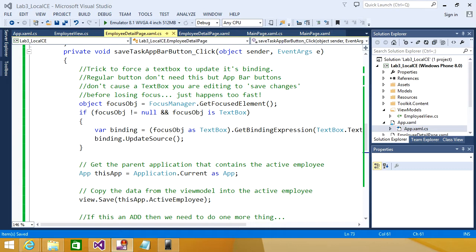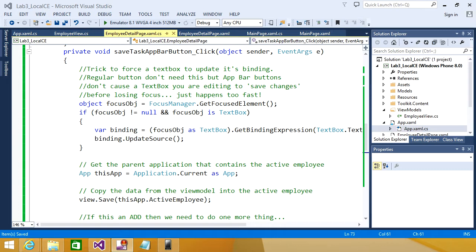We're taking advantage of the fact that even our view model does notify property changed, right? So changing the value in a bound text box does update the property in the bound object. That's why we had to have that one interface implemented. The only trouble is you have to call that event to happen. That usually happens as you lose focus on the text box, as we saw, right? As soon as you click anywhere outside of the text box, which includes clicking a button on the page, that causes it to lose focus, and the property binding takes care of notifying and updating the actual property in my